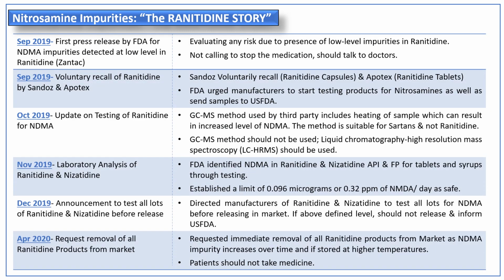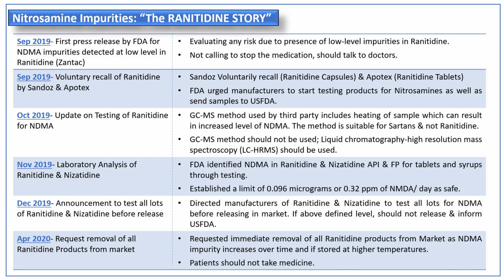Coming to the ranitidine story, the timeline for the ranitidine medicines. In September 2019, there was a first publication that the FDA is evaluating the risk due to the presence of low levels of impurities in ranitidine, which led to voluntary recalls of ranitidine by some firms in September 2019. And in October 2019, USFDA issued a statement that the GCMS method,